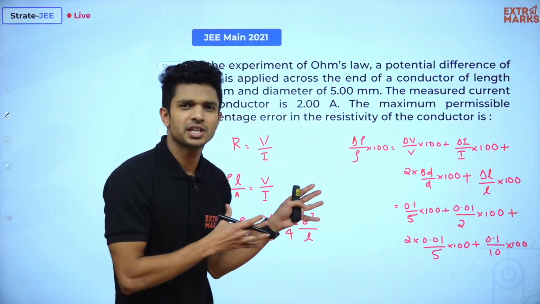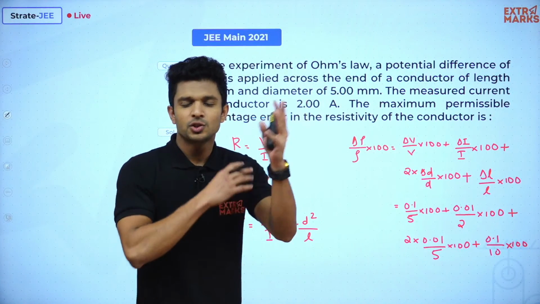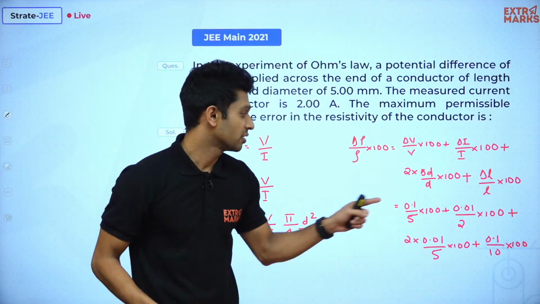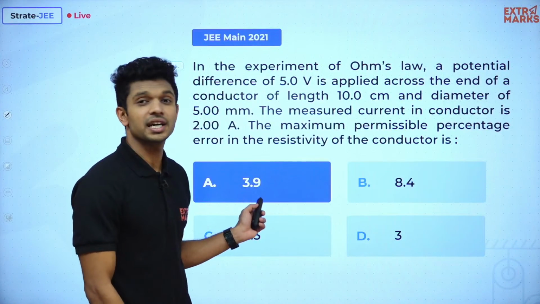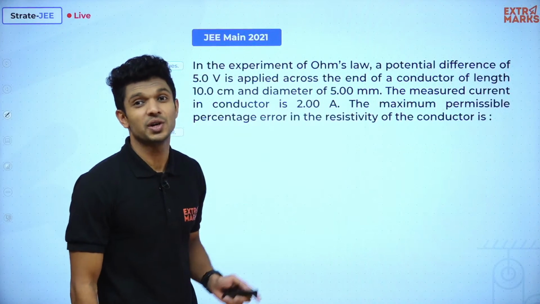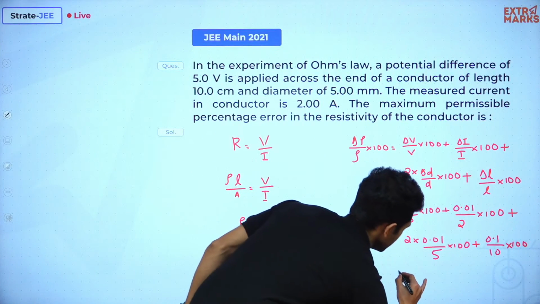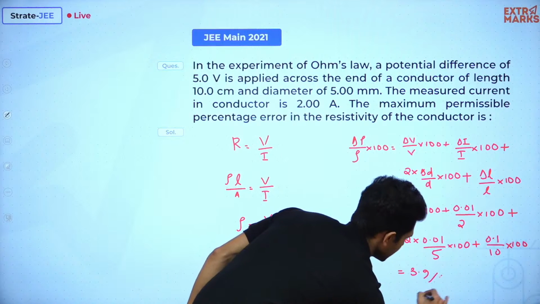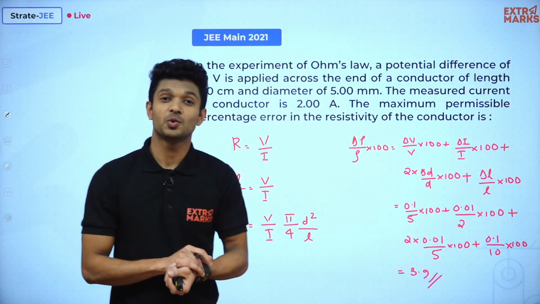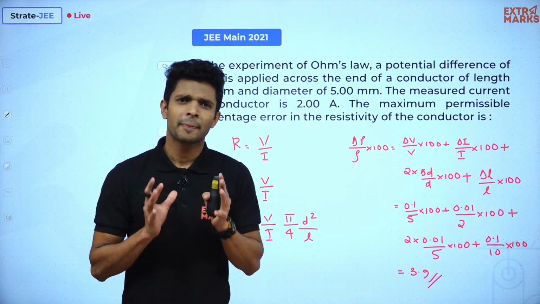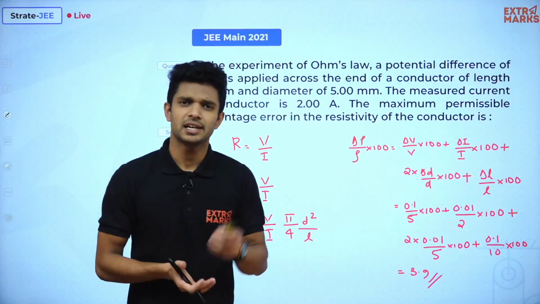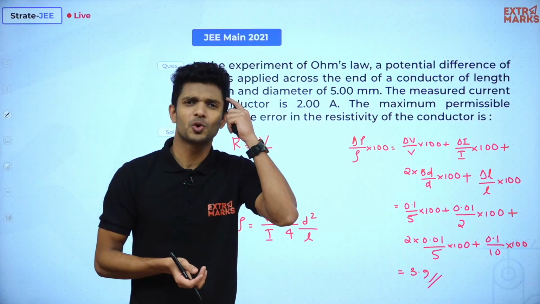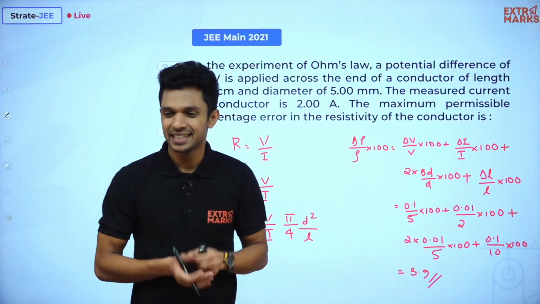So you guys are pretty fast in calculation than me, right? If I do the calculation, how much are we going to get here? After the calculation, we're going to get the value of 3.9. So I'm going to write the value directly, 3.9, and the calculation I'm leaving to every one of you. Don't do it on calculators, because you know that for JEE Mains or JEE Advanced, you can't take the calculator inside. This should be your calculator, okay? So, is everyone done?